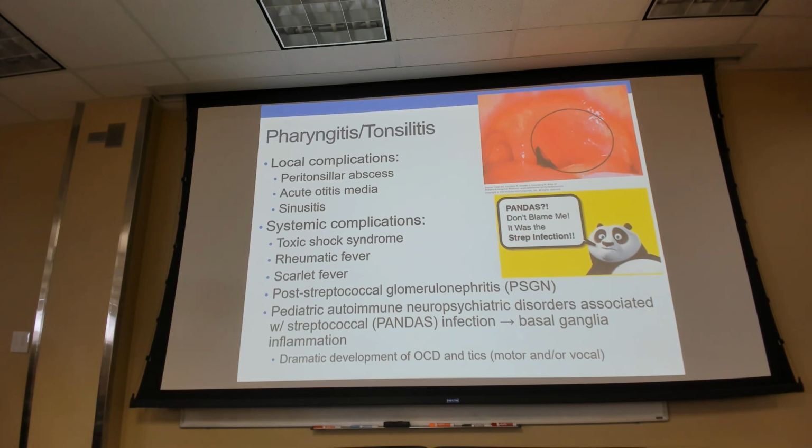We already talked about rheumatic fever. You could have scarlet fever or a scarletiniform rash. PSGN is another one, certainly. You've heard of toxic shock. And then one that I just want to put out there so that you've heard of it is something called